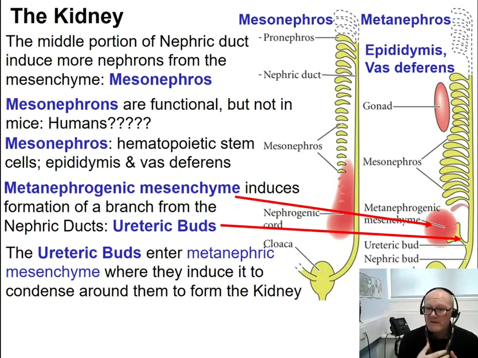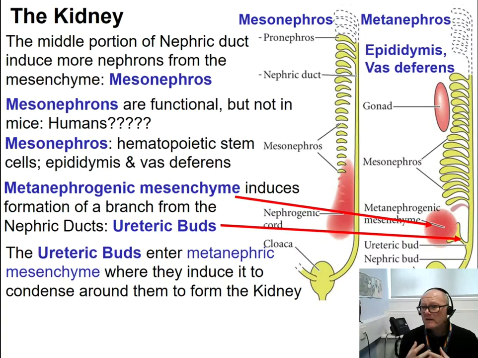The metanephrogenic mesenchyme, on the other hand, is stimulated by this branching of the ureteric bud to also grow. So the two stimulate each other to grow and develop. And this overgrowth and branching of the ureteric bud ends up forming the filtering structure of the adult